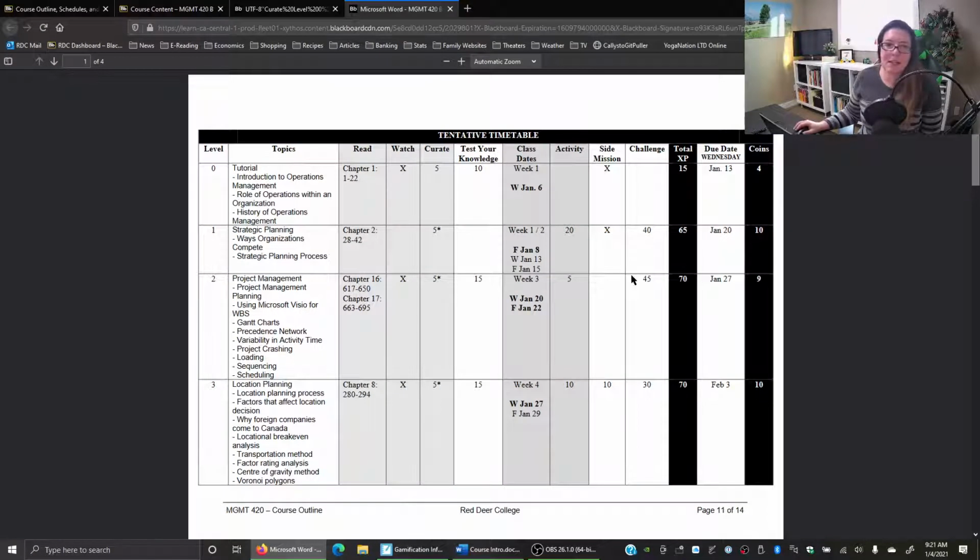So you can see here the topics that you'll be doing each week. Again, the bold shows you when we are meeting. We have sometimes where we only meet on Wednesday. We'll go over some key pieces, and then you're working through the week individually or with your survival team to apply it to the zombie apocalypse. And so you can see some weeks have where we meet twice. We have a guest speaker in this level, and some where we only meet once.